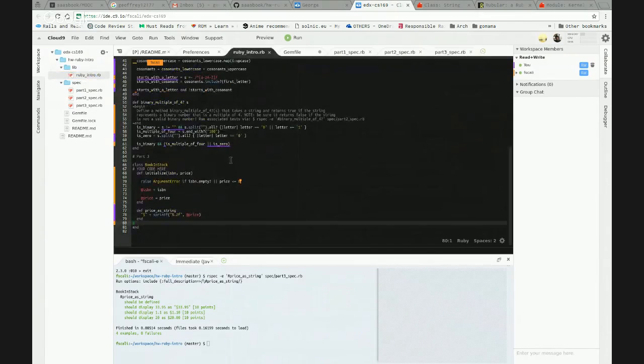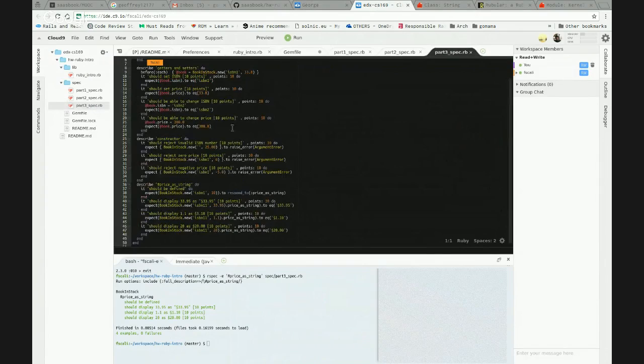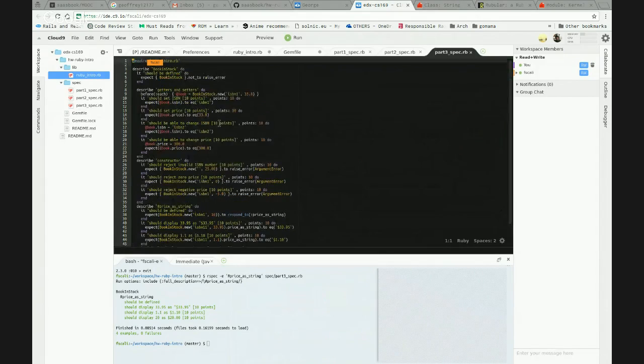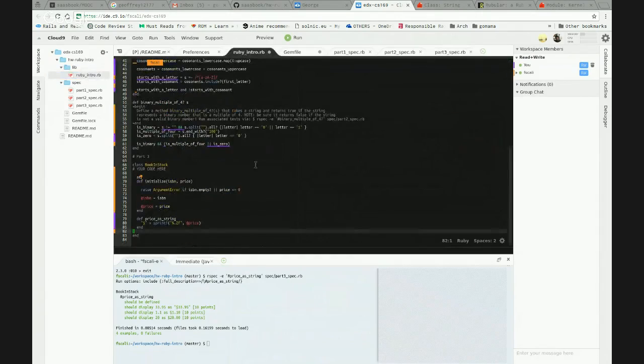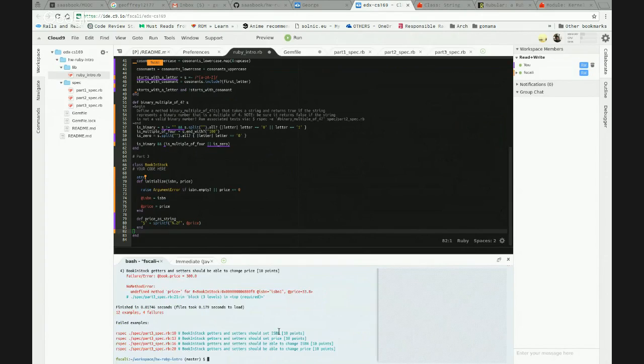In the task, one of the requirements is that we have getters and setters. They don't have failing tests for them. We are not running the whole tests.